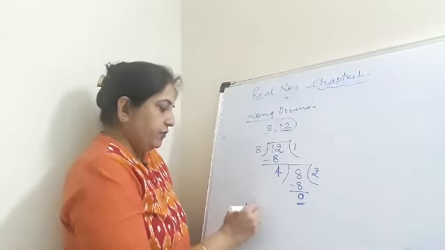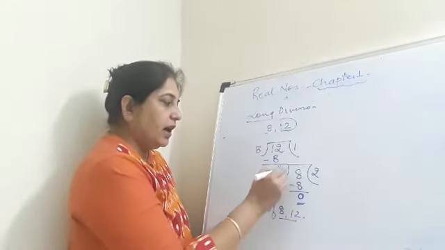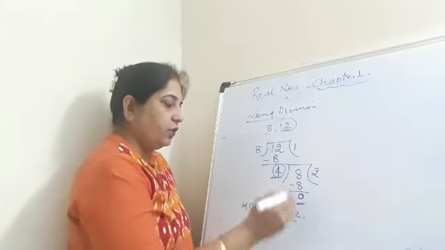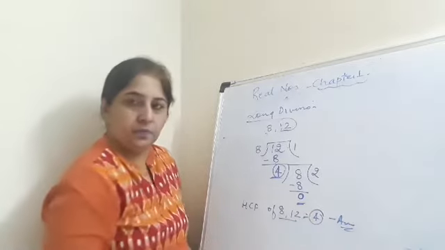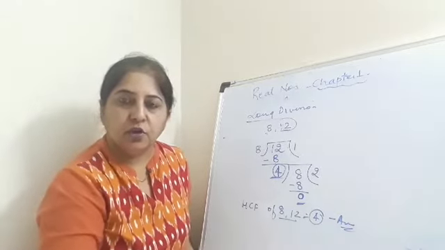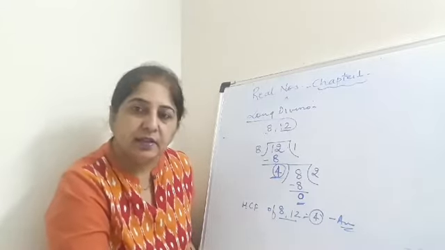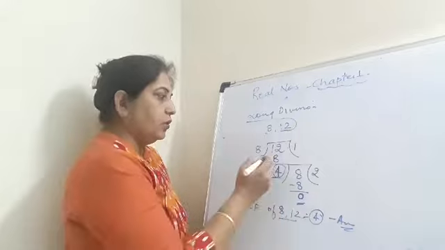Now what is the HCF of 8 and 12? We are going to look for the last divisor when we are dividing, and over here the last divisor is 4. Therefore the HCF is 4 and this is the answer. What is this procedure called? This procedure is called the long division method to find the HCF. Now this also can be written in another form. I'll show you how.